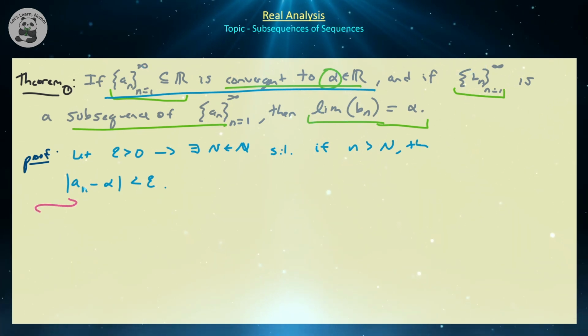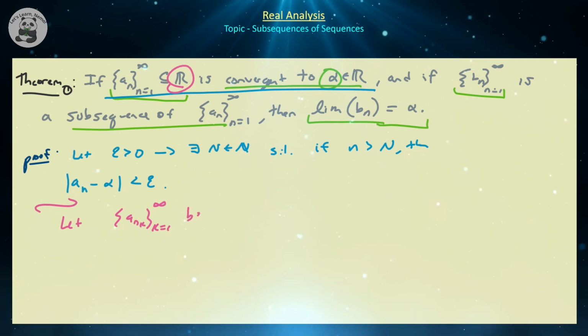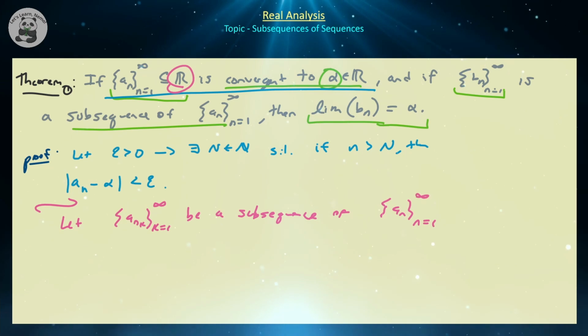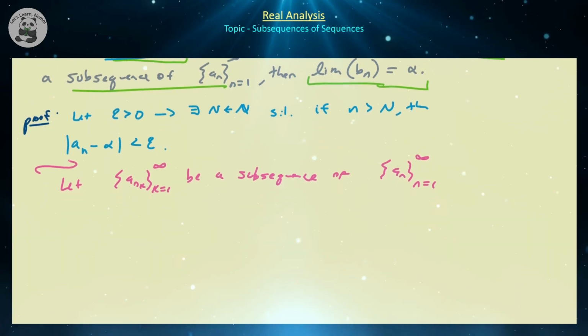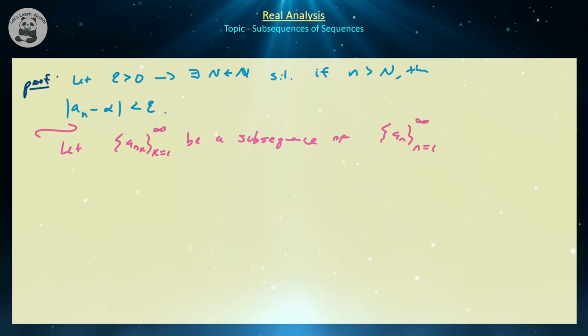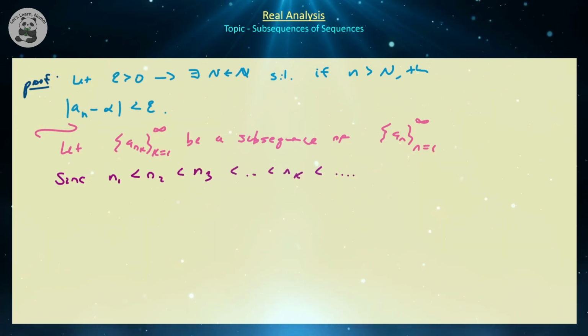So let's pick our subsequence, right? Since we have a real-valued sequence, we can always choose a subsequence of it. So let us assume that a_{n_k}, where k ranges from 1 to infinity, and n_k is our increasing sequence of indices, is a subsequence of our convergent sequence a_n, right? So what do we know about those indices n_1, n_2, n_3, and so on? Since n_1 is less than n_2 is less than n_3, less than n_k, and so on, it is an increasing